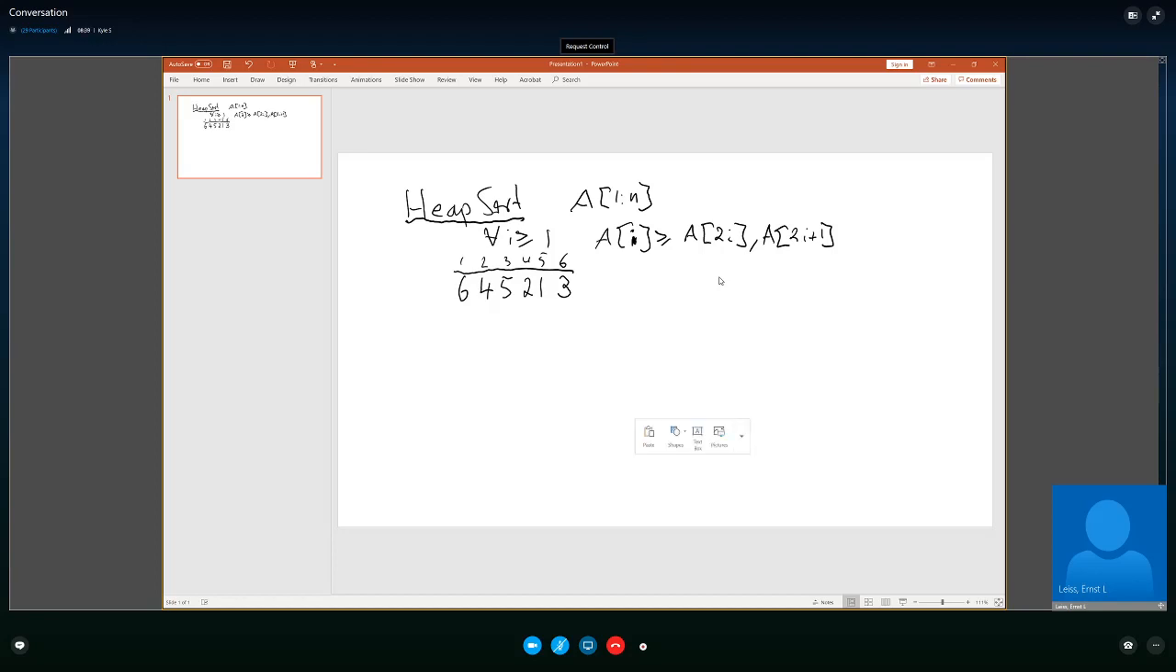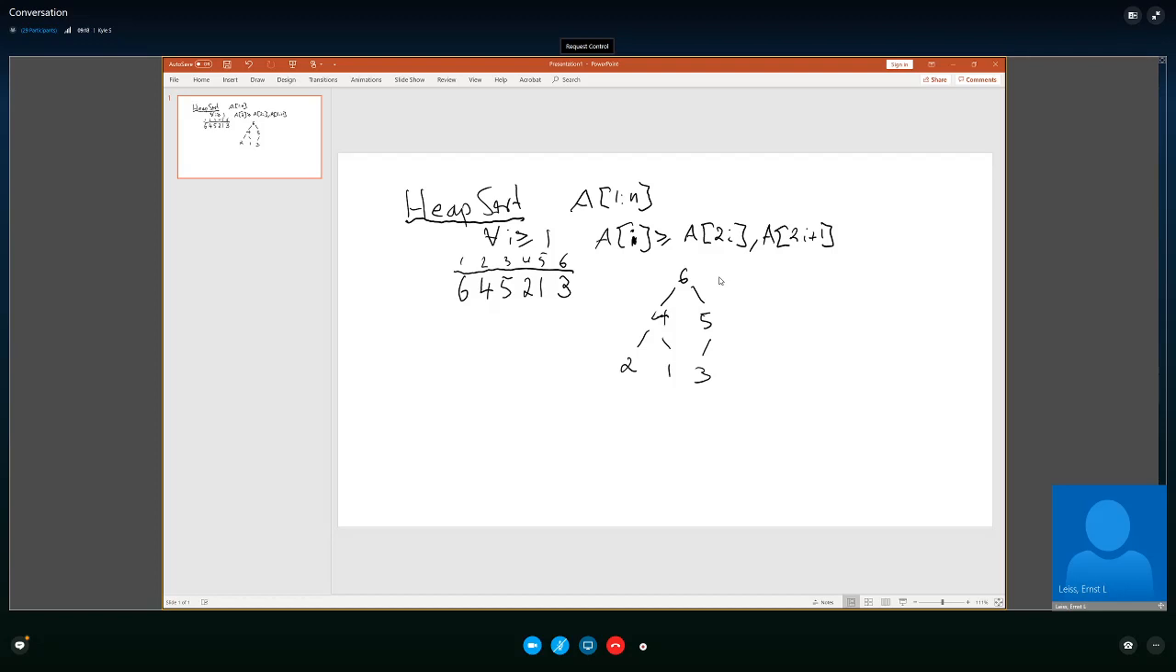So as you can see, this array 6, 4, 5, 2, 1, 3 is obviously not sorted. And so how does it correspond to a tree? Well, 6 of course would be the root, and then we have two children, 4 and 5, for that root, and then 4 has 2 and 1, and 5 has 3. That would be the corresponding